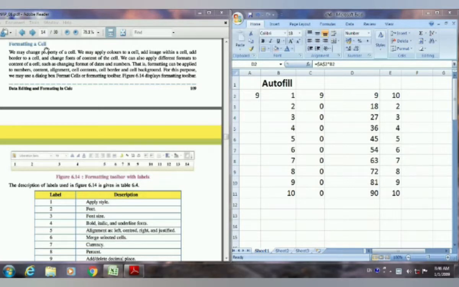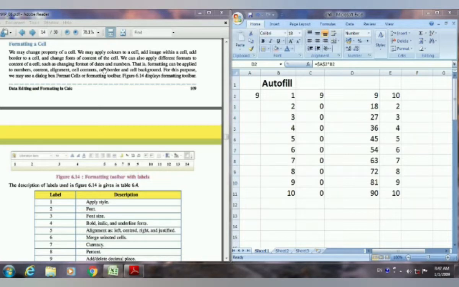We can do so many changes, like we can apply colors to a cell, we can add an image within a cell, we can add borders to a cell, we can change font style, font color, we can apply different formats to our contents, we can change the format of our dates and time, we can change the background color, we can change text color. Whatever changes we make to make our content more attractive, that is known as formatting.